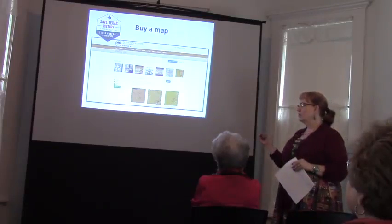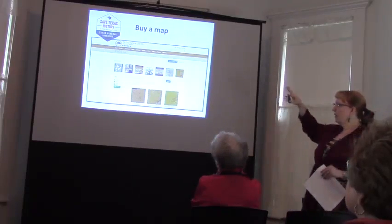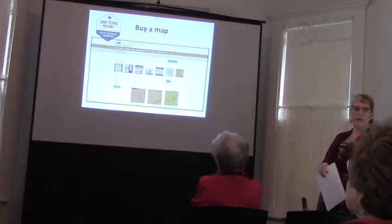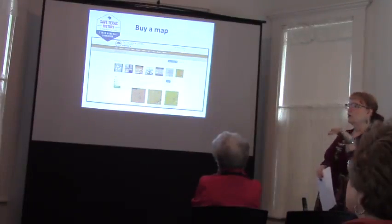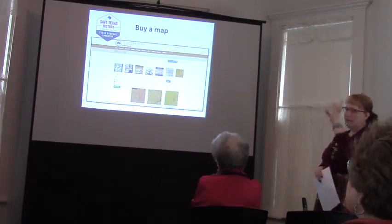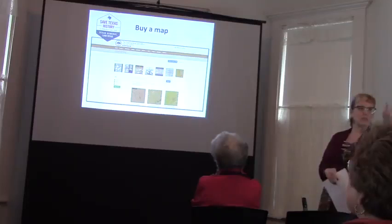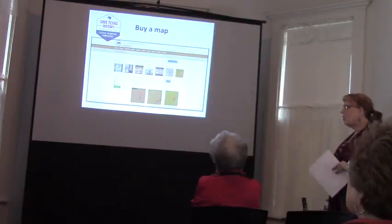If you're looking just for maps of Texas from a certain date, under category, you can even break it down. Like, I'm only looking for Spanish Texas, or I'm only looking for railroad maps of Texas, or railroad maps in certain counties. And it's great, it filters it all down for you. Sir? On that subject, do you have highway maps at all? We have